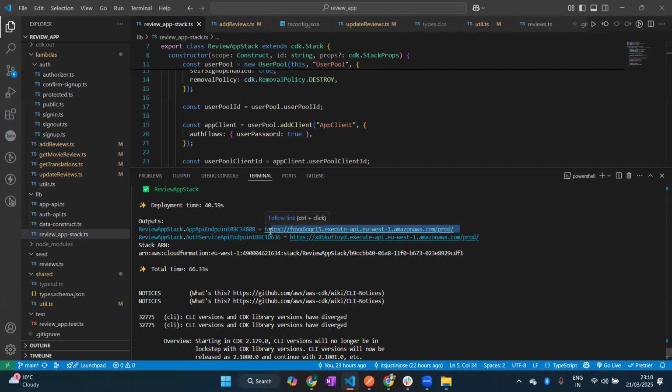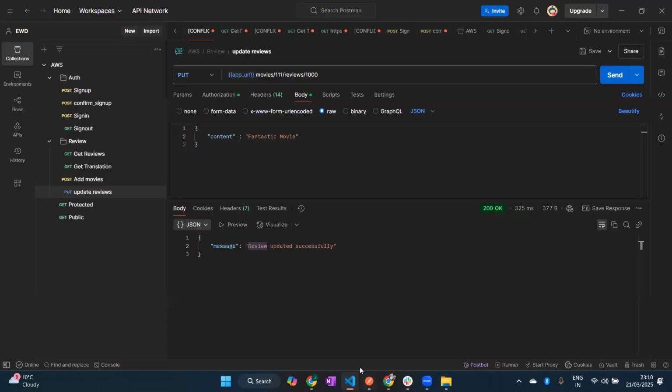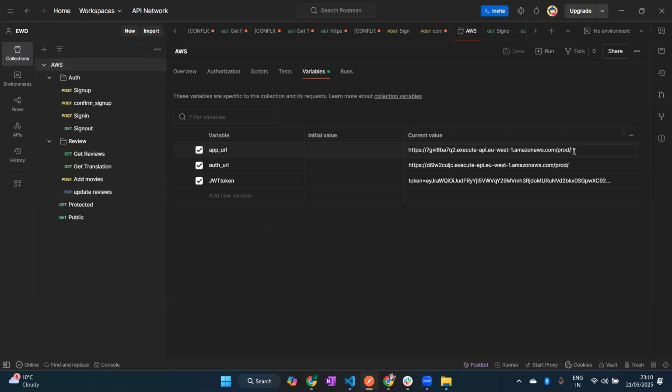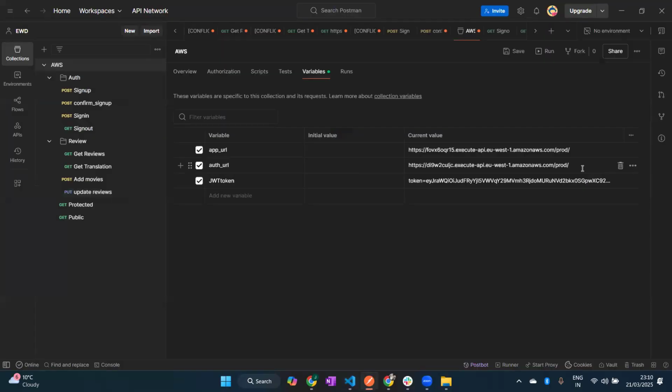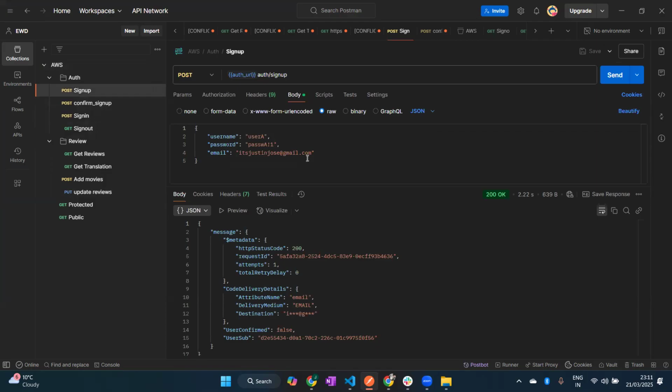So let us check the APIs. And let me add these URLs to Postman. So I have added the environment variables, so I can easily use the APIs using these environment variables. Let me save it. Yeah. And let me check my sign up. Here I'm using the username, password, and the email as the body for the sign up. I'm sending the request,